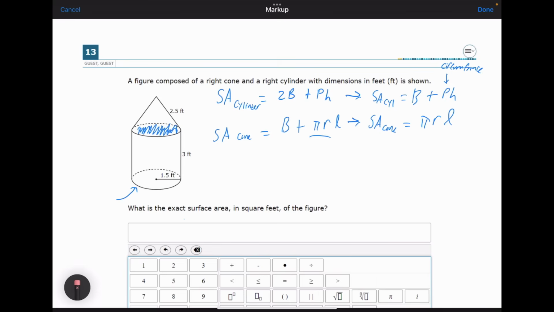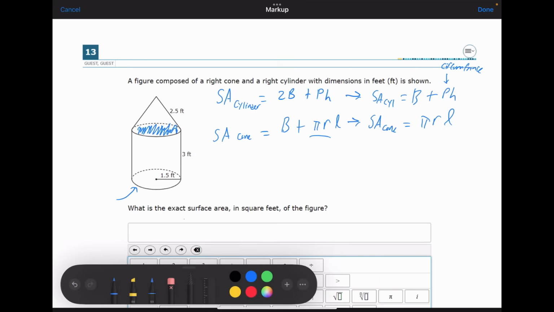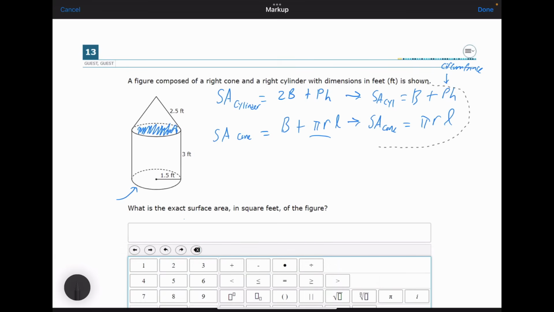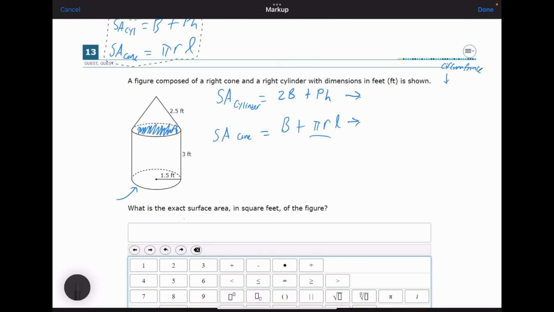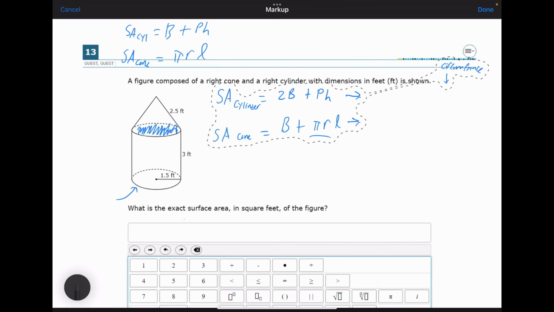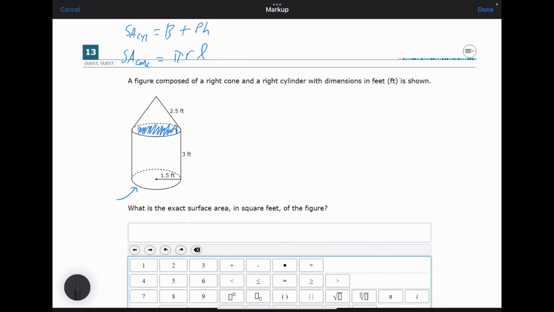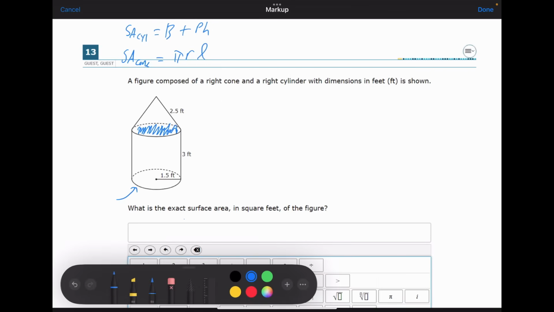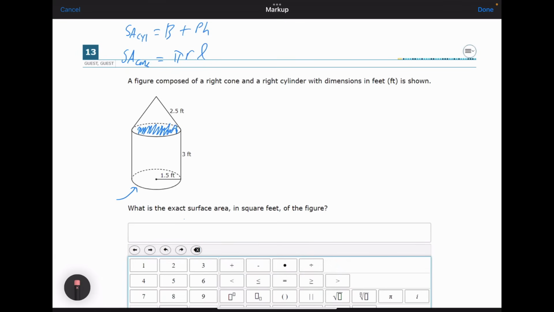So, all right, let's move some stuff around so we have some space. I'm going to grab this, which is actually relevant to us. I'm going to move it up here. And then I'm just going to get rid of everything else for now. And let's get started. So let's find the lateral surface area of the cone first. That's going to be